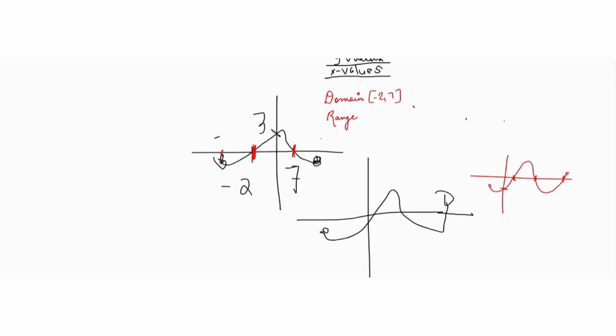So you can see, whenever you have any graph, suppose if I have this graph, its domain will be from here to here. Why not from here? Because this is not in the